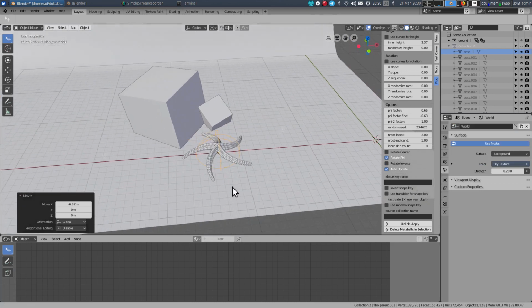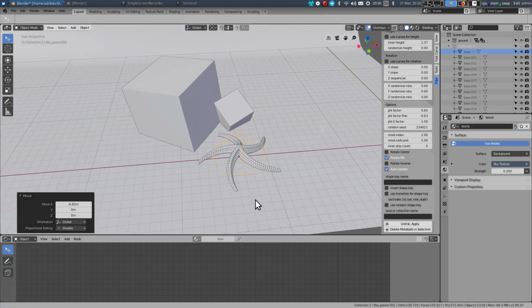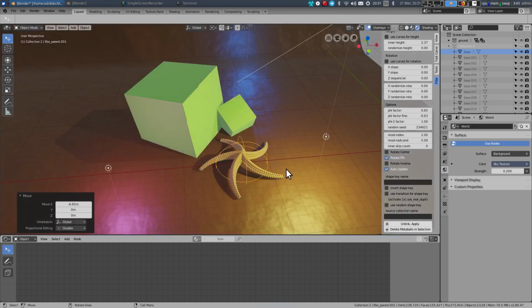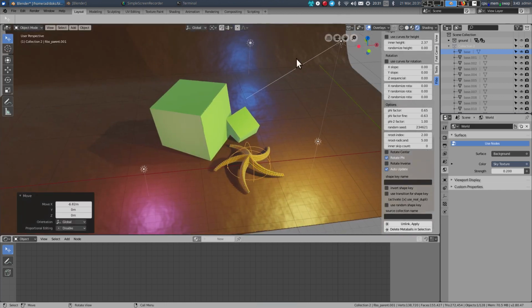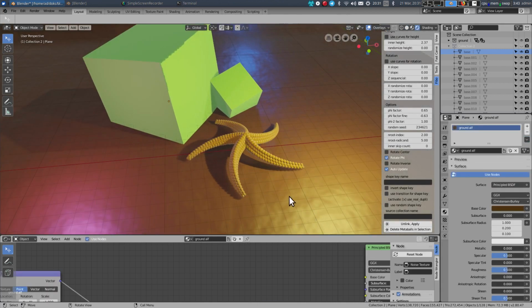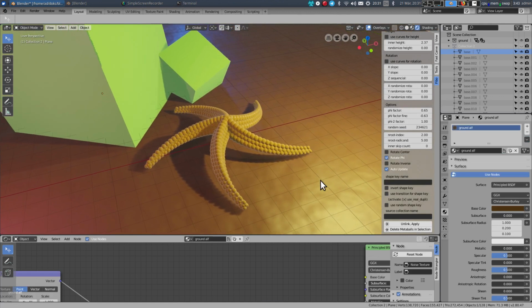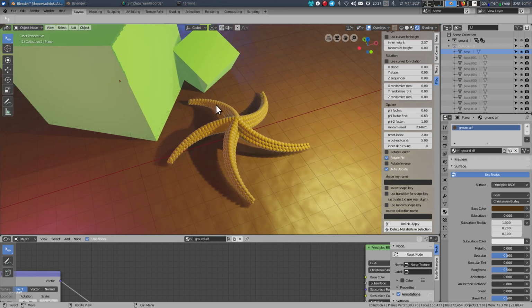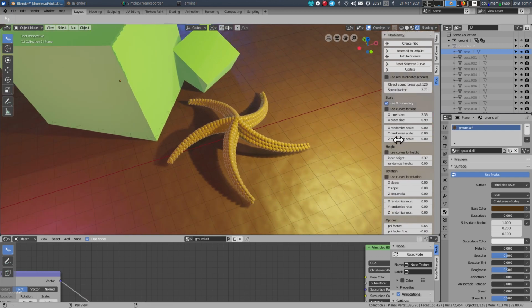And now let's see how it looks with shading applied. So I activate the shading mode, and there's our beautiful sea star. I hide the extra objects. Okay, so these are one of the many things you can do with the Fibonarray add-on,